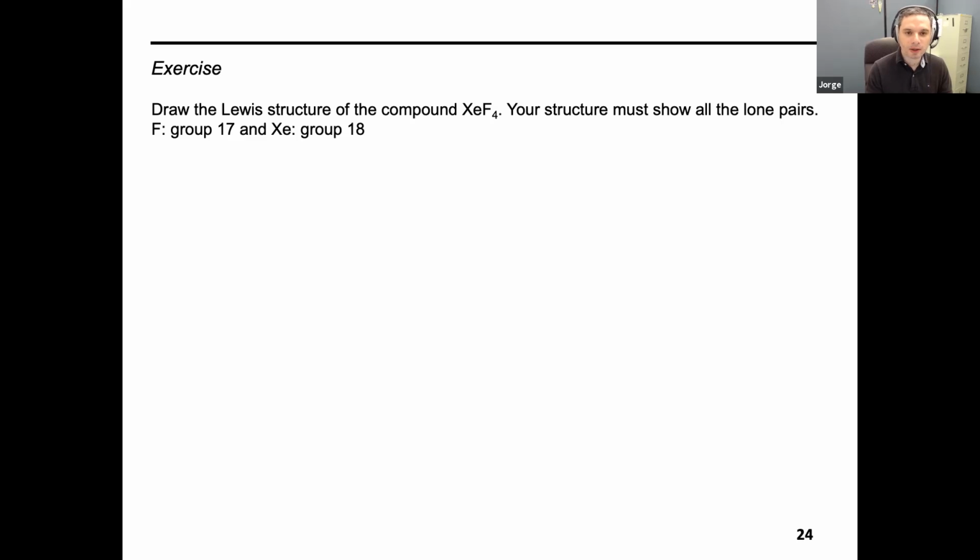So in these problems to draw the Lewis structure of covalent compounds, the first step is always to count the number of valence electrons for the compound, because those are the electrons that will be used to bond the atoms and fill up the octet for the elements in the structure. So let's do that. Number of valence electrons for XeF4 is going to be equal to